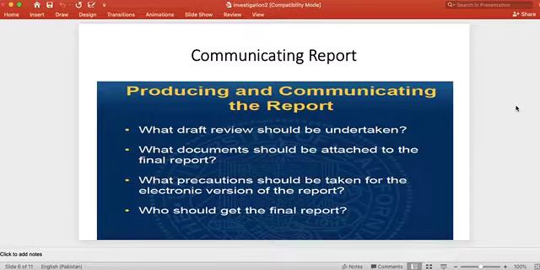So these questions should be asked first of all before you send your report to someone. I mean, whether the report needs the review or not. If it needs the review, then it should go through the review. If it doesn't need the review, then it should be sent. The same is the case with the documents which are attached: checking whether they are attached or not. When the report is converted into electronic form, or electronic form into physical form, what is the difference which is coming? That should be checked. Similarly, what is the target? Who is the person to whom the report is to be sent? All these things should be considered before sending the report.